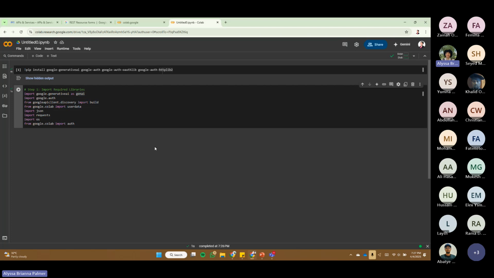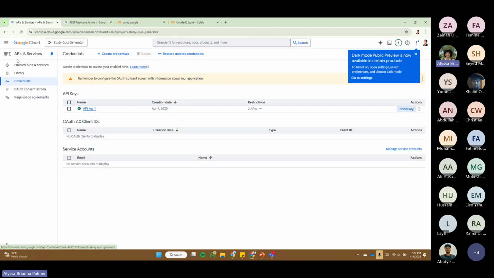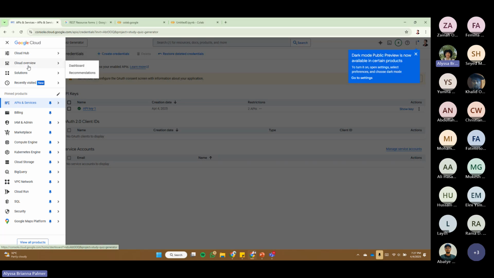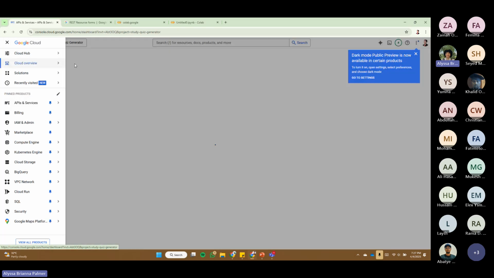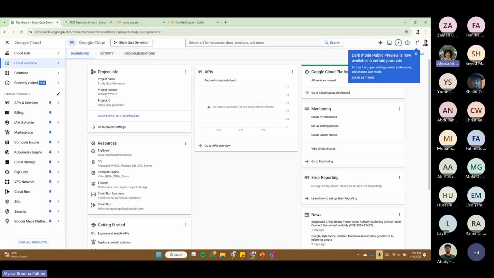Okay, great. Now we can start writing some of the code that we'll need to authenticate ourselves before we get started. So first, we need to find our project ID. This is here in our Google Cloud Console. And if we go here, the Cloud Overview and then Dashboard, we see the project number. Make sure that it's not the project ID as this won't work. So copy this project number